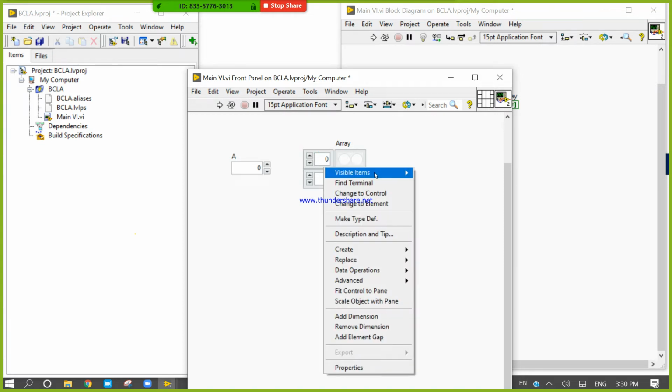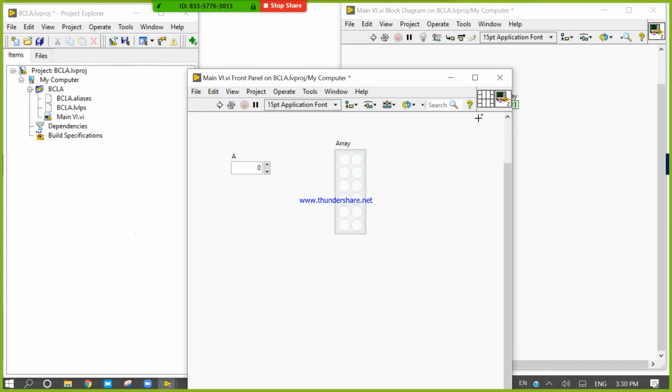Now right click here, click change. Right click here and click on the index display.